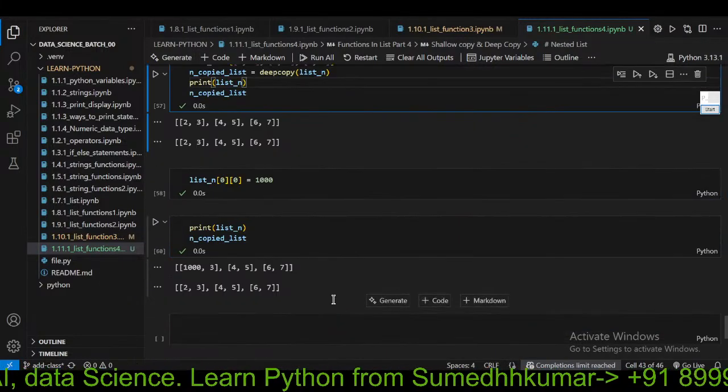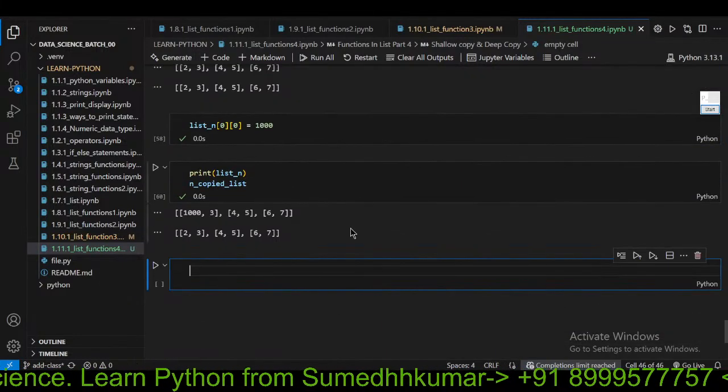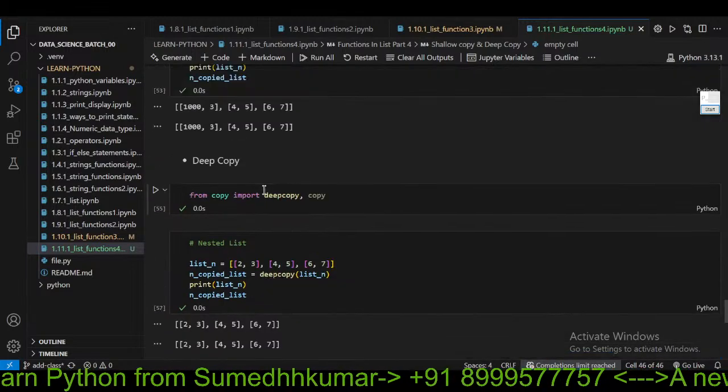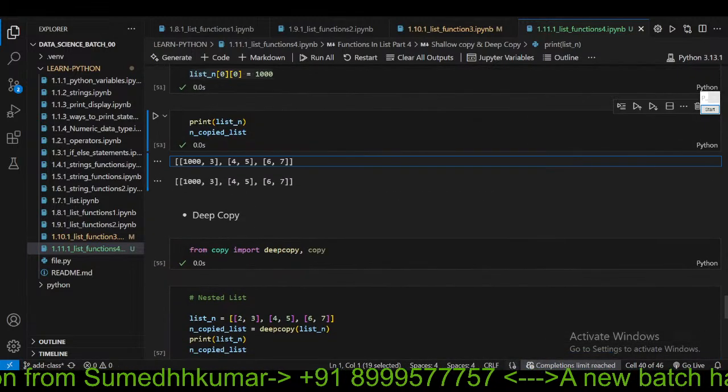We can discuss this. This is a little bit complex to understand. Not really, because like